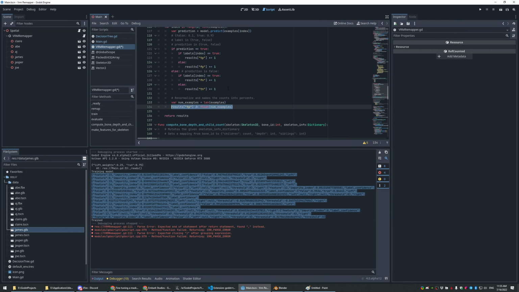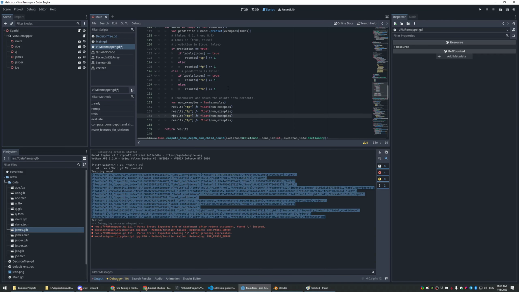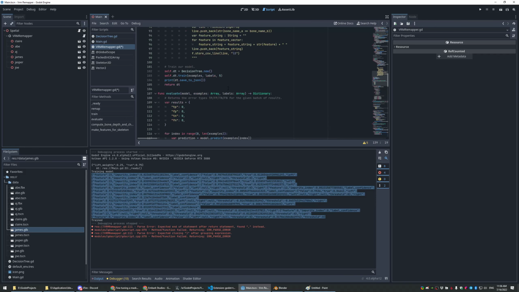And I will duplicate this for each of those. True positive, false positive, true negative, false negative. TP, FP, TN, FN. All right, cool. And I think I'm gonna print this